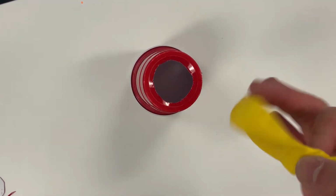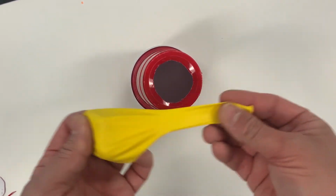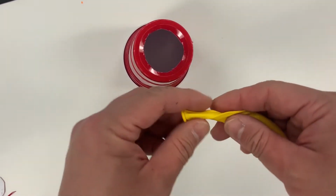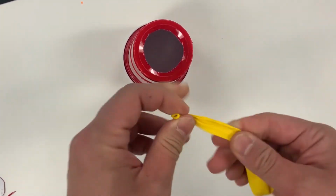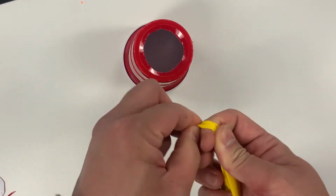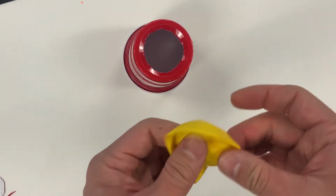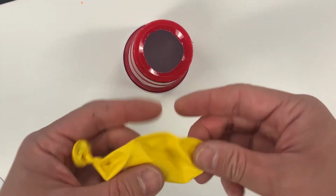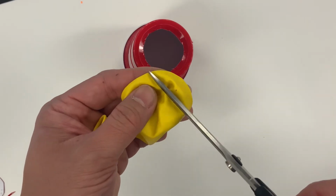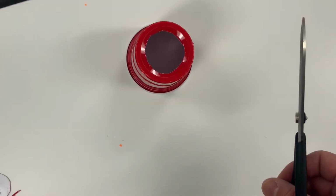The next step is to take my balloon, and as you can see, as I mentioned earlier, it's one of these larger round types. We actually have to tie this into a knot. So as you can see, I'm just going to take the end, wrap it around my 2 fingers, tuck it in there, and pull. And that's going to give us a little handle for our confetti cannon. Now the next step is to cut off the top of the balloon. And that's going to allow us to stretch the balloon